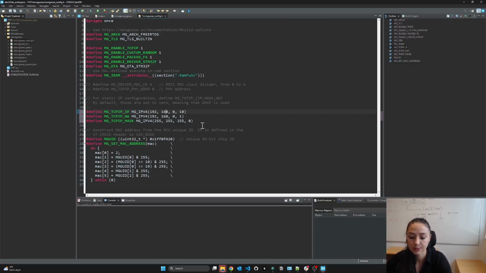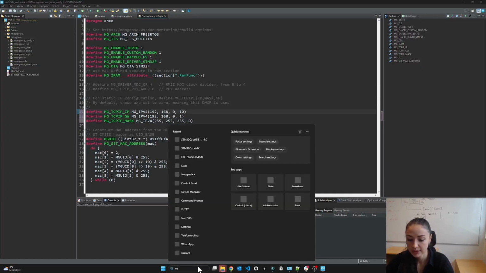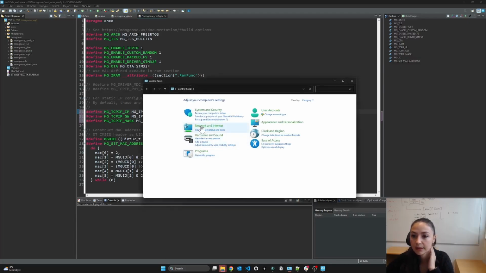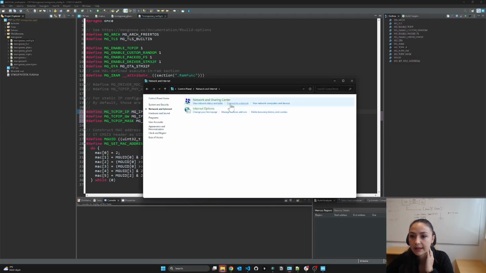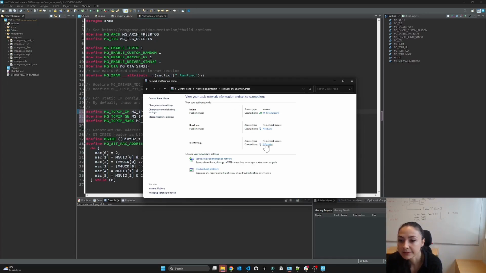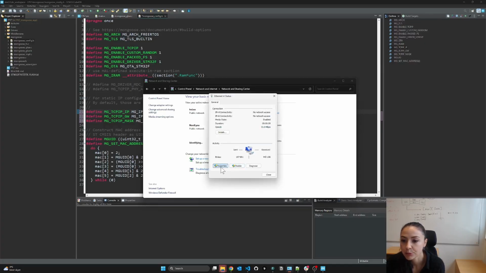By the way, since we are already here, before we write any code, maybe we can adjust our Ethernet settings. So if you go and search network settings in your control panel, network and internet, and your network sharing center, and you see I don't have the connection yet, so I will connect my Ethernet. Now the Ethernet showed up in here. This is the Ethernet that I have. And in properties,